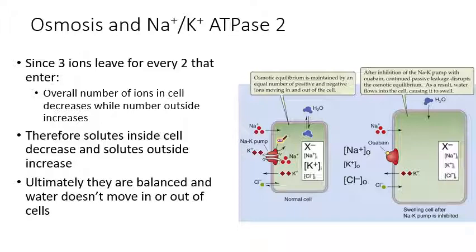You're going to end up having more and more solutes accumulating outside the cell, while the number of solutes inside the cell is going down. It's actually sodium specifically that's leaving the cell and accumulating outside the cell. So if you start off with an animal cell that is in a hypotonic environment with less solutes outside the cell, and then you start running the sodium-potassium pump, you're going to end up putting solutes outside the cell, increasing the amount of solutes outside the cell. Actually, you're going to do that until the amount of solutes outside the cell equals the amount of solutes inside